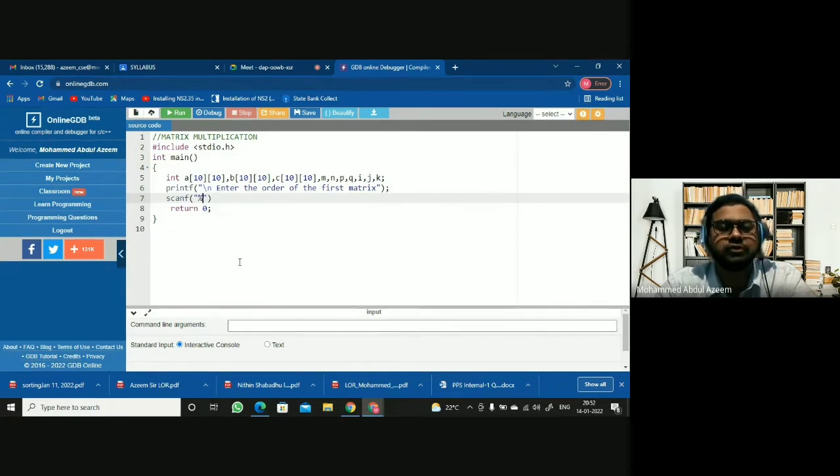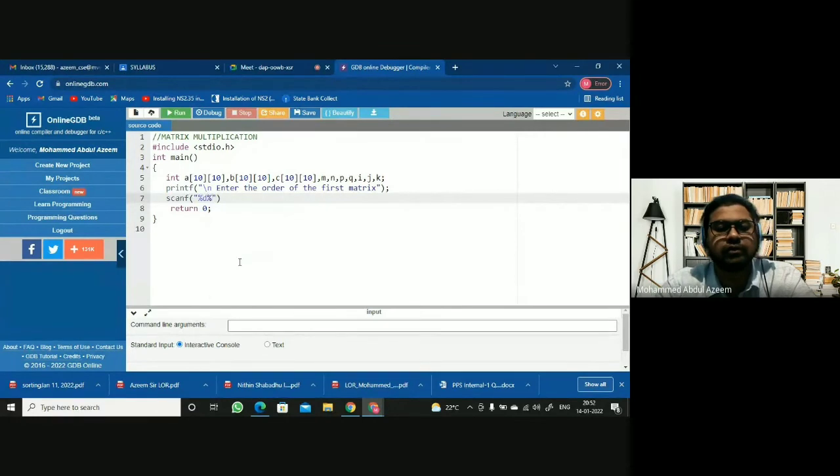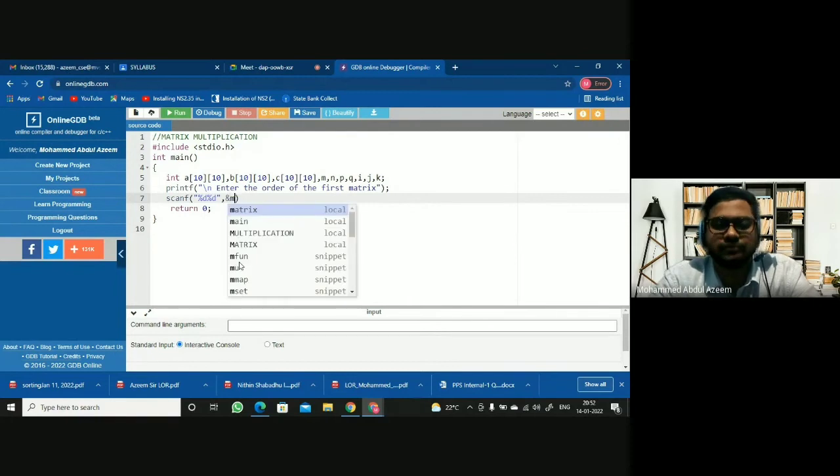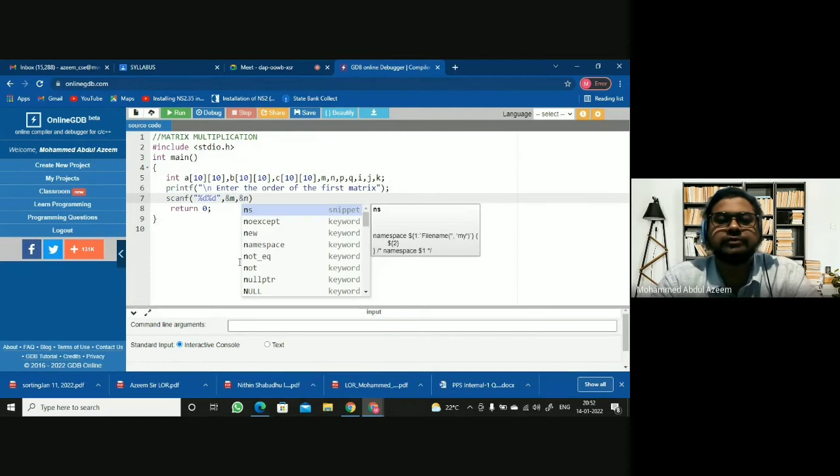With the help of a format specifier, percentage d, because both of them are integers. After the double quote comma, you give the variables into which you want to read the values. You want to read the values in m and n. So ampersand m comma ampersand n here.